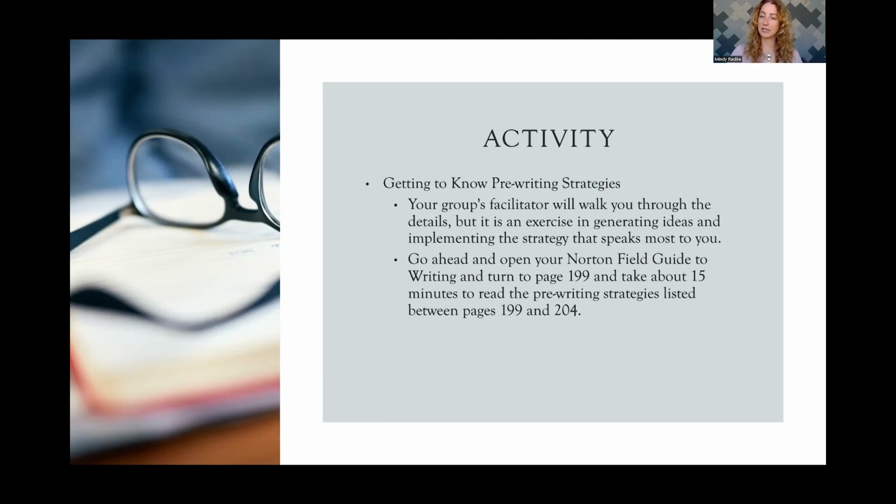Then after those 15 minutes, I want you to take 5 to 10 minutes to look at what you wrote and see if there's an idea in there that you can then move to a different pre-writing strategy, to deepen your relationship with that idea. So you can do something like listing, you can even move it to cubing or questioning. And if for some reason that first free write didn't generate an idea, then you're going to free write again. So you're either going to free write again for 15 minutes, or you're going to move that idea that you generated from the first free write into a different strategy and see if it grows that idea any further, if it deepens your knowledge.